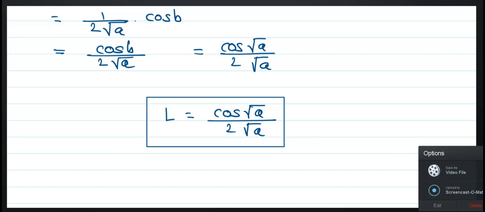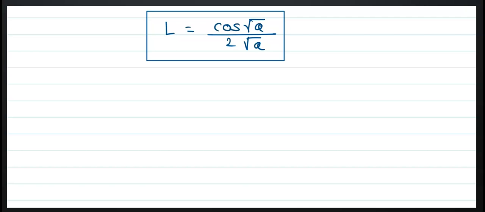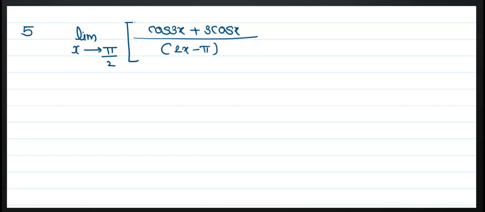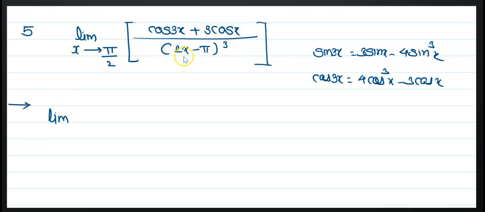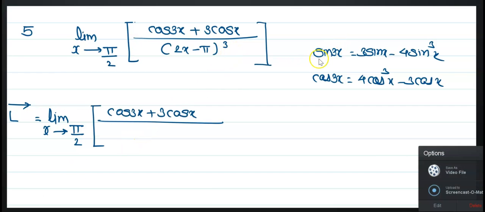Now, the next problem is the fifth. That is the limit as x tends to pi by 2 of (cos of 3x plus 3 cos x) upon (2x minus pi) bracket cube. Now here we apply the formula. I am writing both the formulas. That is, sin of 3x is equal to 3 sin x minus 4 sin cube x, and cos of 3x is equal to 4 cos cube x minus 3 cos x. By using this formula,